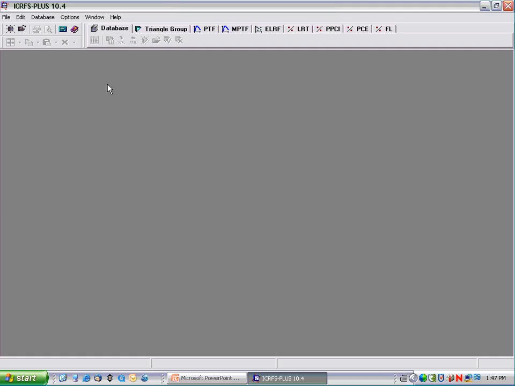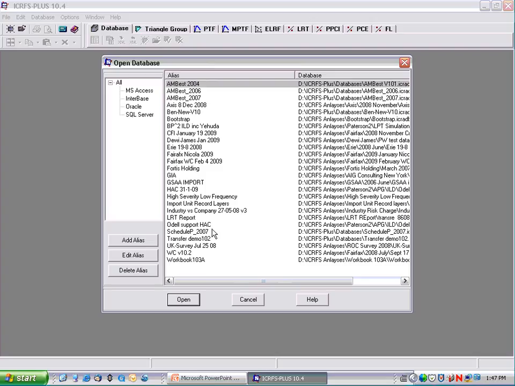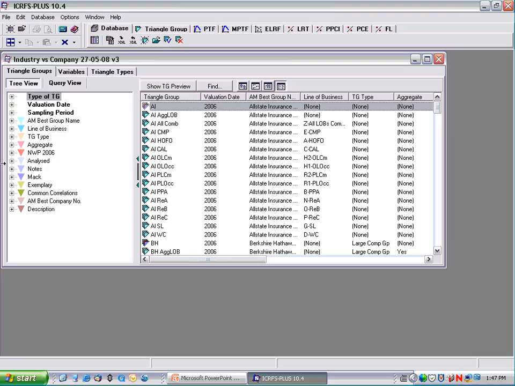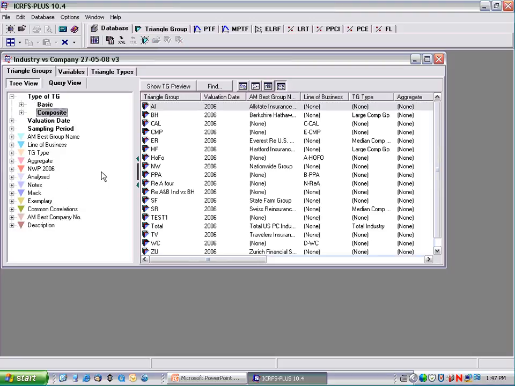In this video, we are going to design a composite model for Berkshire Hathaway, and we're going to study the wealth of information based on this composite model. So let me open the database again, which was a sub-database of the AM Best Schedule P 2006. And let me go to a composite triangle group